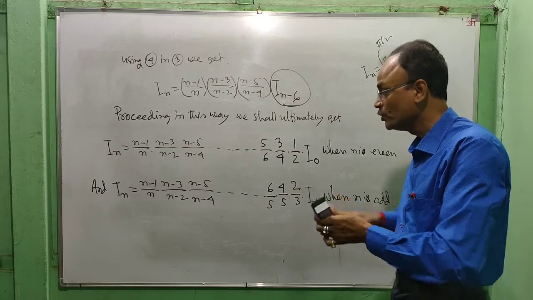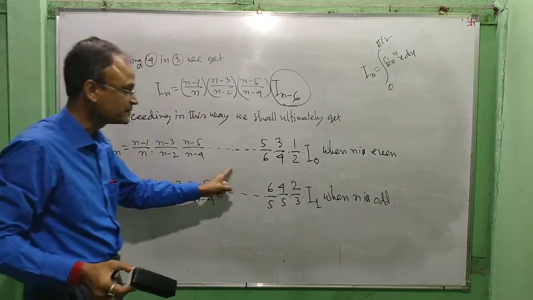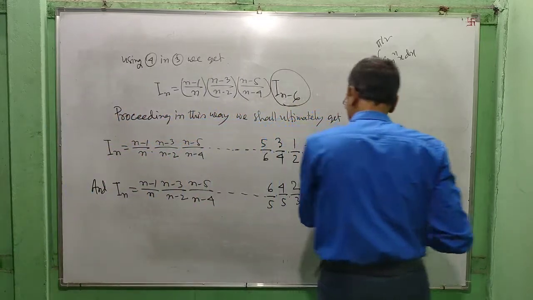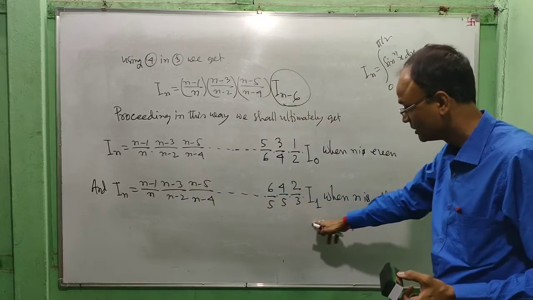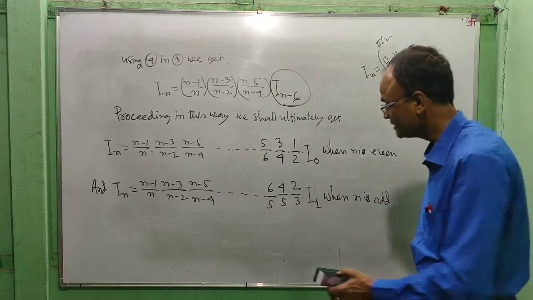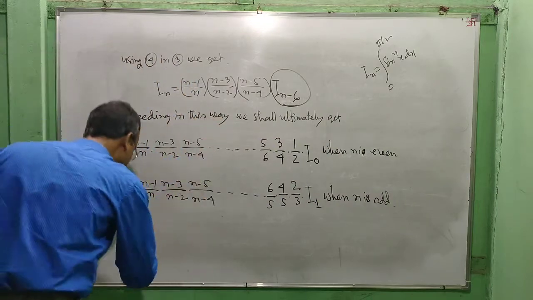Proceeding this way, we shall ultimately get these two results: I_n equal to n minus 1 by n, and so on, where n is even, and I_n equal to n minus 1 by n, and so on, into I1 when n is odd. We shall ultimately get this one. Now,